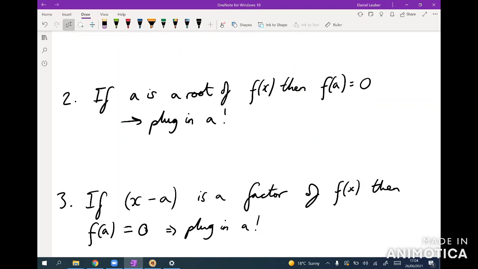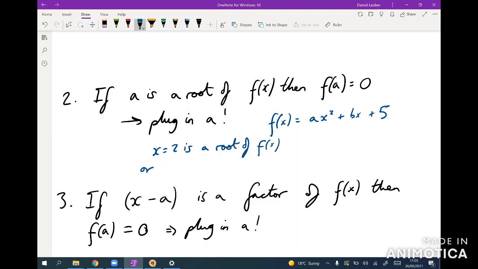The next thing I'd say is that if they tell you something is a root of f of x, then we know that f of a is 0. So for example, if I'm given f of x equals ax squared plus bx plus 5, and I'm told either x equals 2 is a root of f of x, or x minus 2 is a factor of f of x,